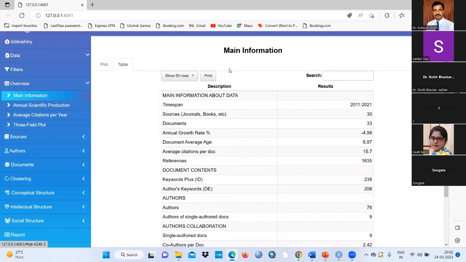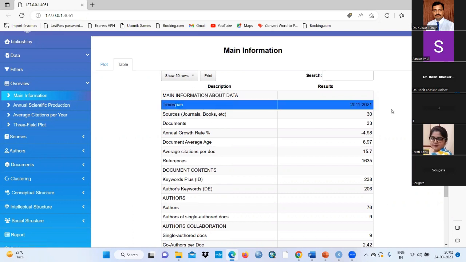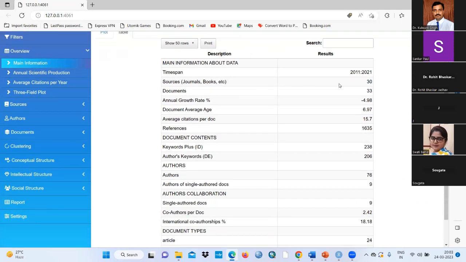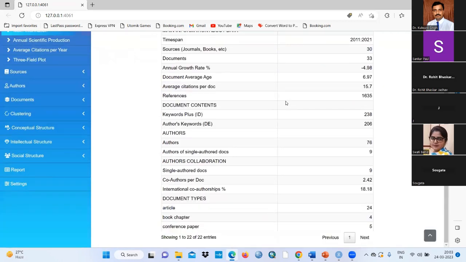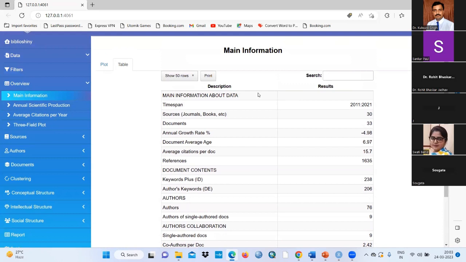Means all information about your data। You can see here the time span, means duration which is covered, 2011 to 2021 because I filtered it, right? If you have not filtered it, then it will show you different, right? Sources, how many sources, how many documents, what are the average growth rate, annual growth rate, references how many are, and document type, document content, and everything it is written in this table, right? You can take it simply from print option, print it।